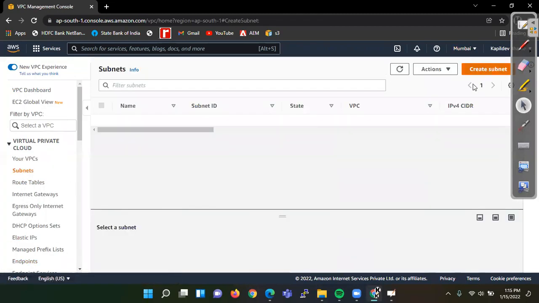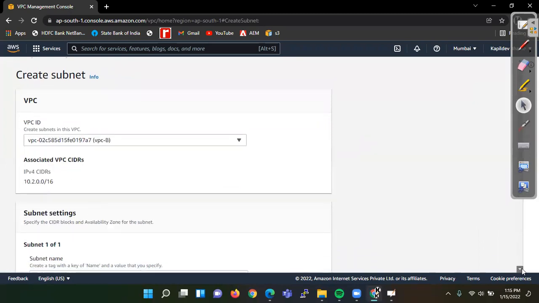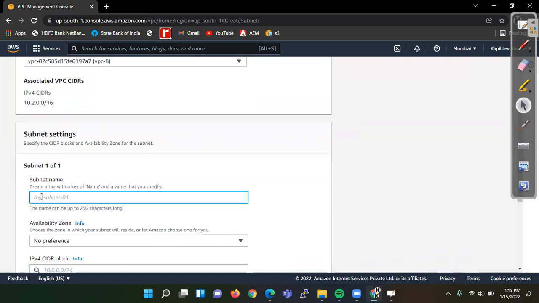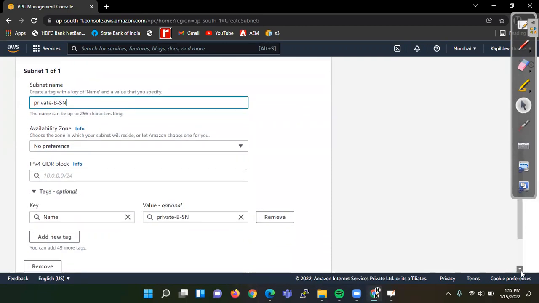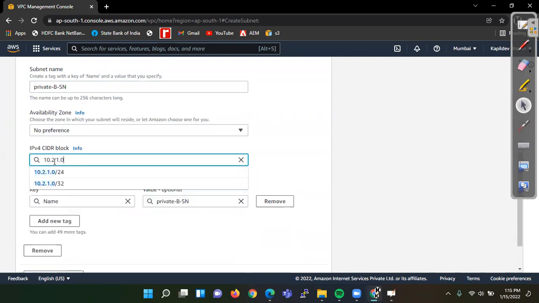Then we create a subnet. Here we are going to create only one subnet. So this is the VPC, and directly create a private subnet, private-B-subnet. Availability zone, keep default. Then we have 10.2.1.0/24.